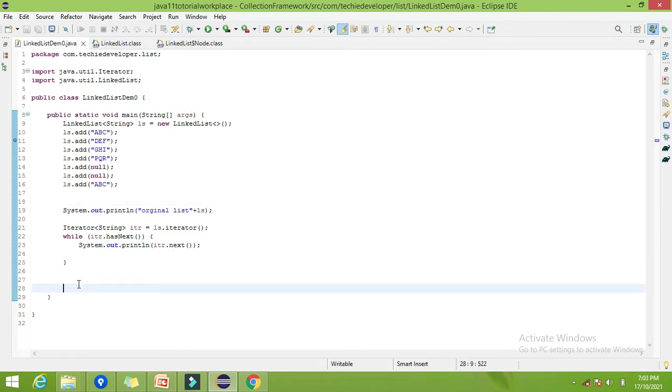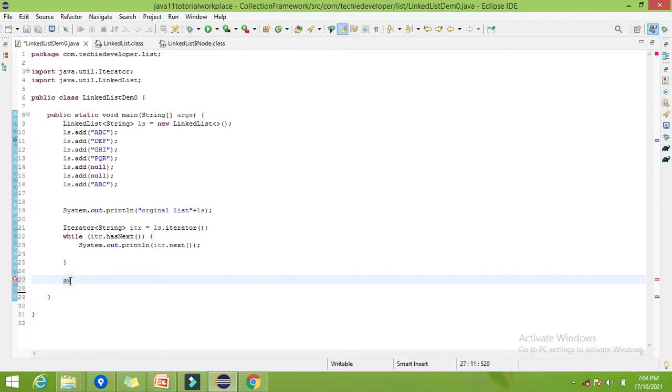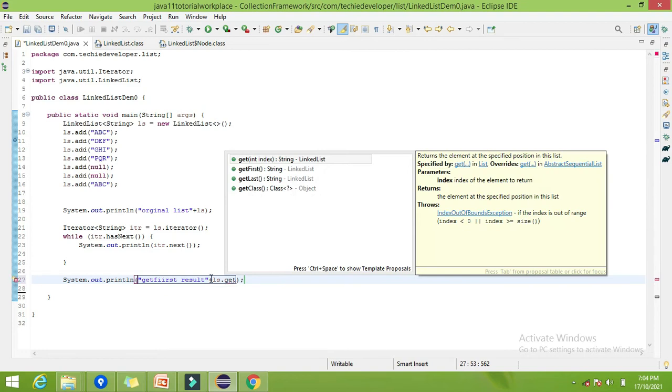Okay, now let's try to run the specific methods. The first method is get first, right? Now let me print directly here. Sys out, let me give the result as get first result, and now give ls dot get first.